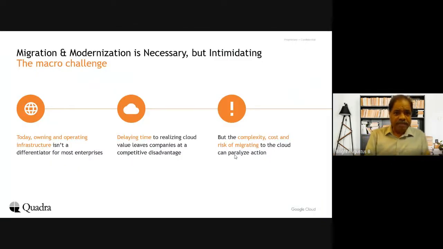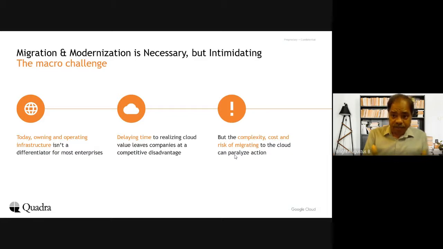Talking about modernization, migration and modernization is necessary today, but it is intimidating. There is a lot of people who are launching into a place where they really don't know much of it. If you have already launched into cloud, I believe most of you are, but there are still some people who are still testing the waters. Then we are there to help them, because